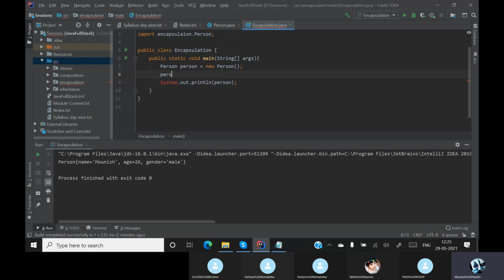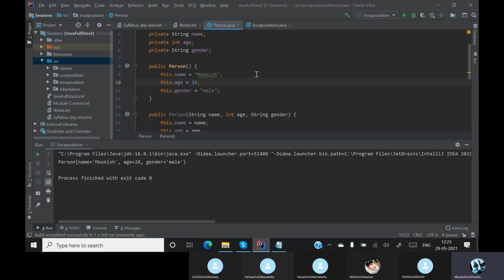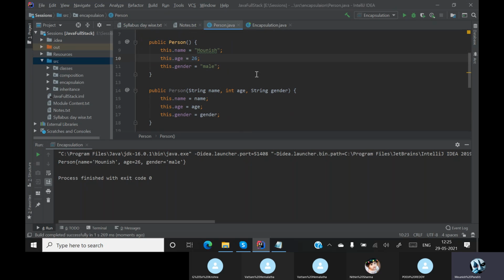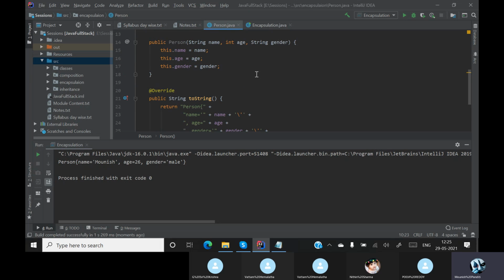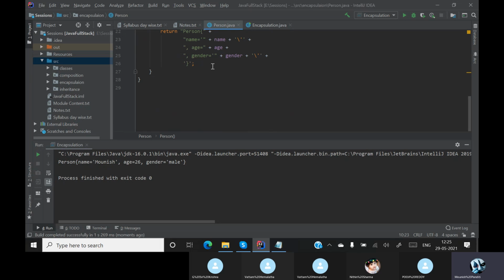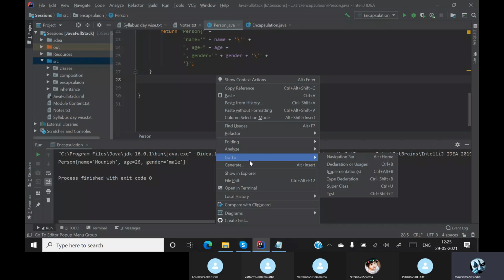Encapsulation is used for hiding the data. Now that is correct. Understood? So we are having all these properties. Now anyhow we said that age should not be negative. So we'll write a function. What kind of a function can I write? That age should not be less than 0. So I'll write a getter method or a setter method.